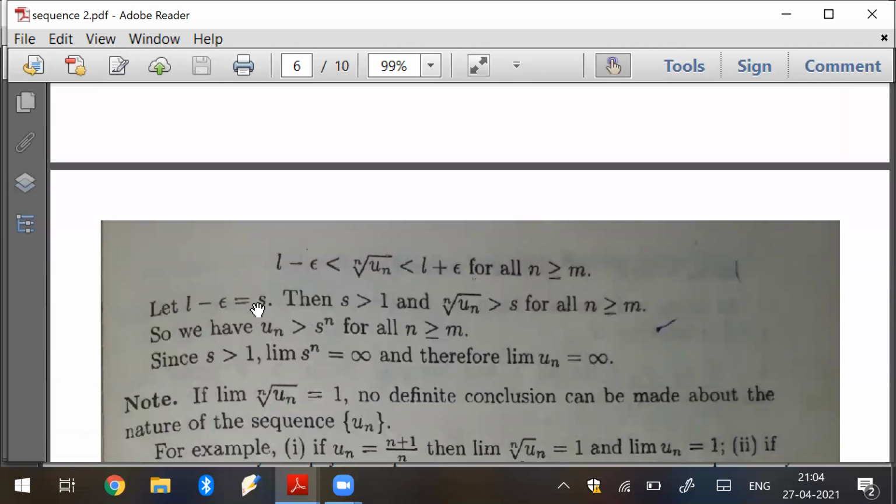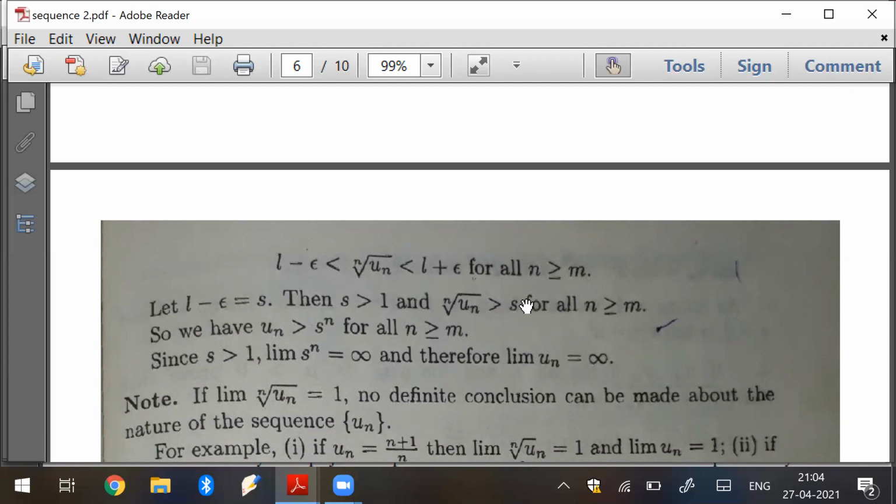But L minus epsilon, let me denote as S. So this part, now this part. Okay. So you can just simply note down here, for the first case I am taking this part of the inequality. For the second case I am taking this part of the inequality. So this thing is greater than 1. So this one is greater than S from this part. Just this one. So un, if you just multiply n times, obviously you will get un greater than S